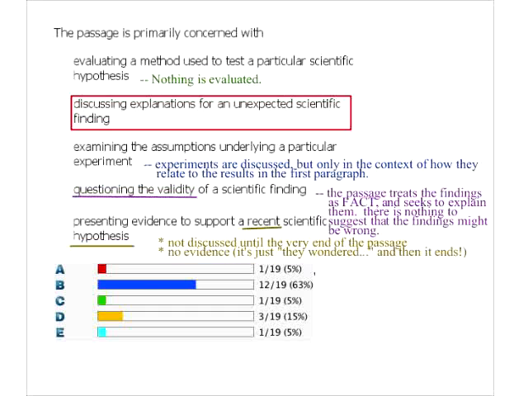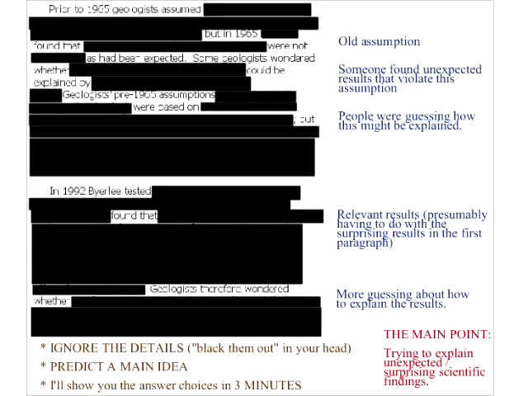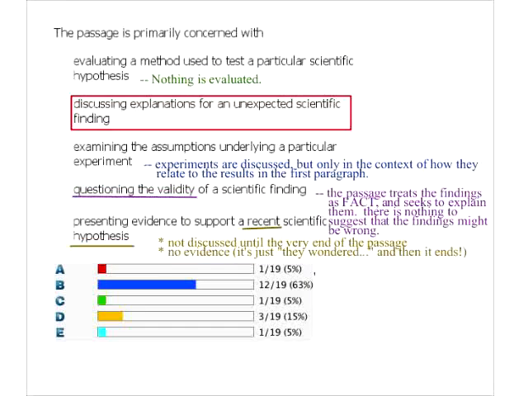Okay. Any questions about this passage? I think you can see the power of this method. Even if we're doing nothing and read no specifics at all, we still have plenty of evidence by which we can figure this out. Trying to explain unexpected or surprising findings. Look at that, trying to explain unexpected or surprising findings. Any questions, go ahead and toss them in the text box, please. Otherwise, give me a smiley face and we'll move on.